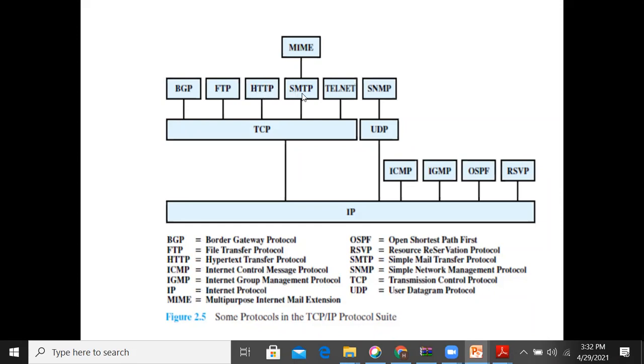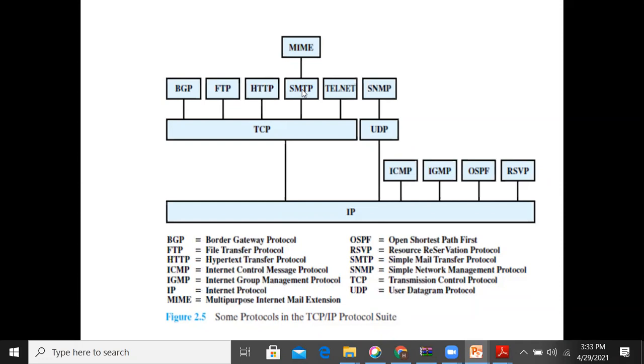SMTP, Simple Mail Transmission Protocol: if you want to perform any mail exchange, you go for it. In SMTP you have one extension also, the Multi-purpose Internet Mail Extension, that is MIME.